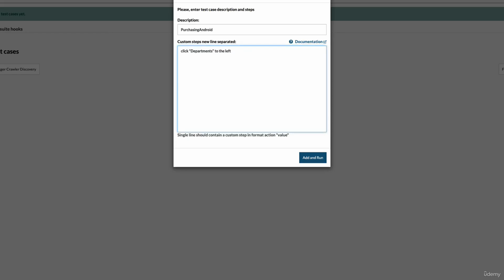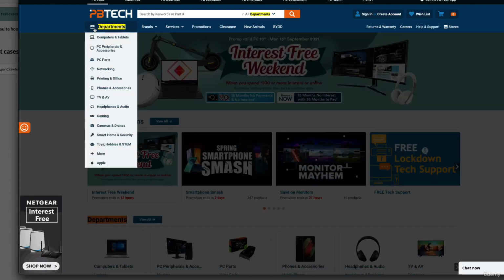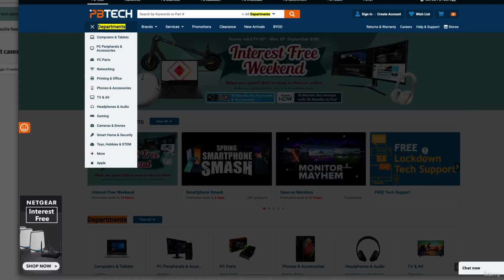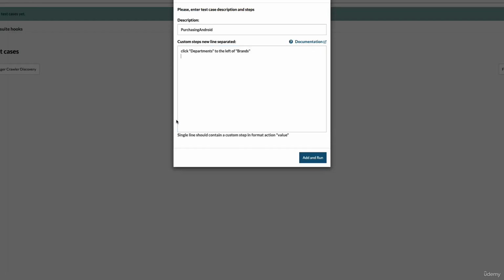So we can select the departments using this referential selector, and we can say that we need to select the departments to the left of the brand, right? And then it should be selected. And then I need to click the phones and accessories. So for clicking the phones and accessories, which is going to be